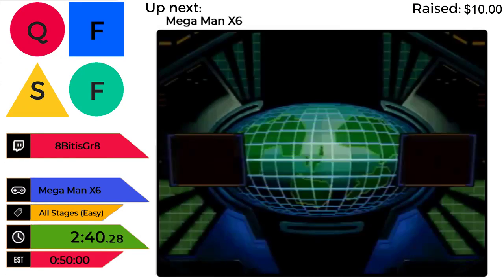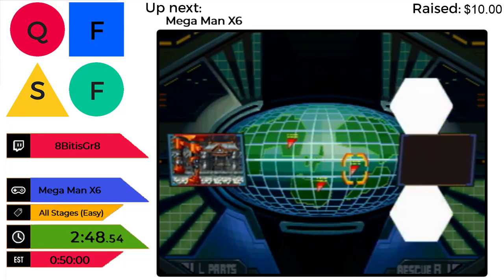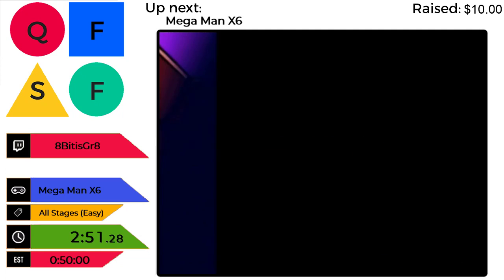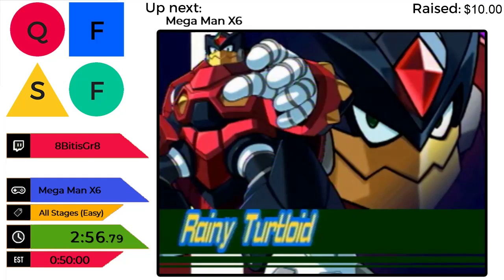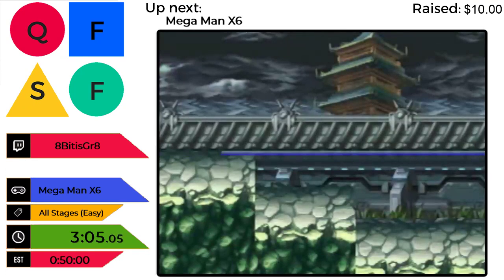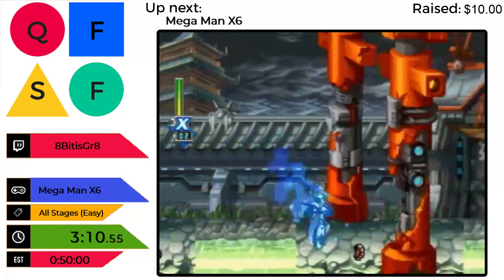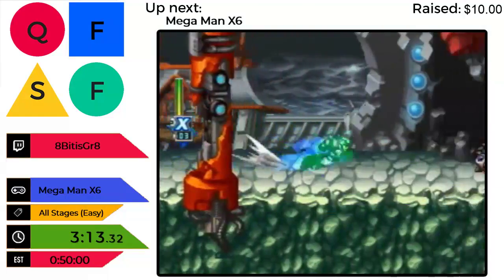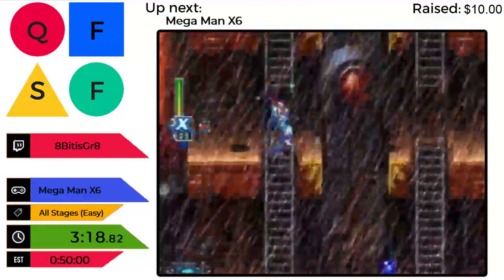I guess I can address this right now too. For some people who are probably wondering, why are we playing on the English version instead of the JP version? As of right now, if you haven't heard, Mega Man X Legacy Collection 1 and 2 came out recently on PC, PS4, Xbox One, and Nintendo Switch. Beforehand, X Collection was the fastest way to play X6, Nintendo GameCube version. But now it is the X Collection on PC. So we're using this version because I think the runner is more comfortable with the